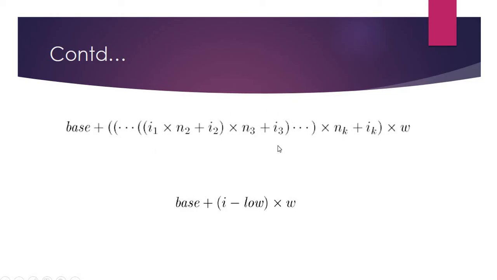The compiler will be using this formula to calculate the multidimensional indexed element from the array, whether it is used in the row major way or the column major way. For example, if we have used a one-dimensional array, how will it be accessed? The formula is base address plus the index value I minus low. The low value for a one-dimensional array in the computer is 0 here. The whole thing is multiplied by the space allocated for each and every element. If it is an integer, W will be 4 bytes. If it is floating point data, 8 bytes.